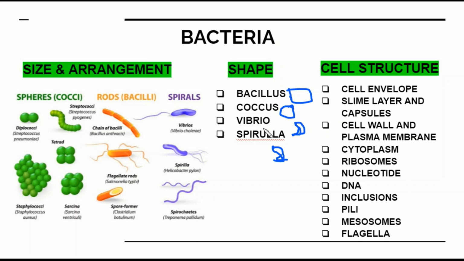So let's discuss the structure of bacteria. We will study about the cell envelope. What is the cell envelope? The cell envelope is the outer layer which consists of two components. First is the cell wall, another is the cell membrane. The cell envelope contains cytoplasm, ribosomes, genetic material, vacuoles and granules. We will discuss them in detail with the help of a diagram. I'll show you. So let's move on to the diagram.